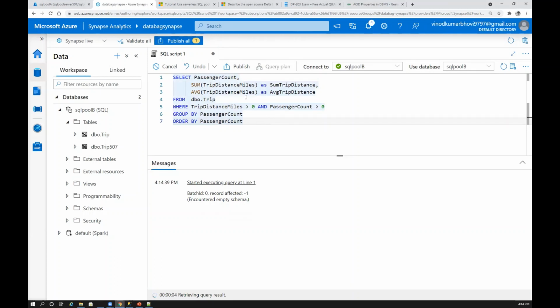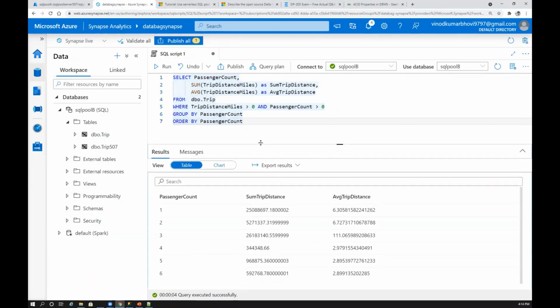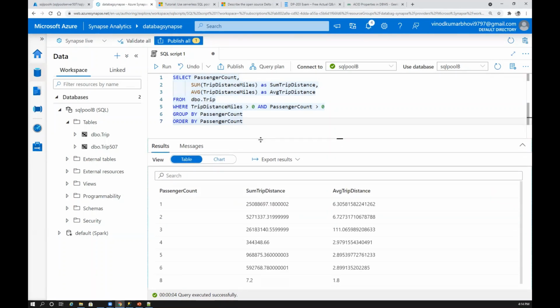So now I'm doing some analysis on top of this data. Okay, so the analysis is doing some aggregation from this table, adding some filter and where conditions, and doing some group by and order by. I think these are the similar SQL operations which we do, especially when we are doing some analysis on SQL data, right? So again, you see the data is in table format, you can export.